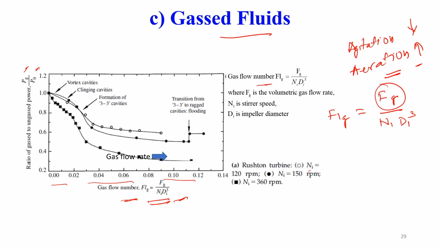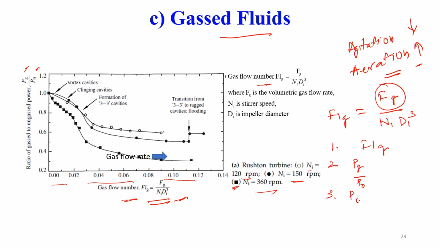For example, this open circle corresponds to NI of 120 RPM, the closed circle corresponds to NI of 150 RPM, and this closed square corresponds to NI of 360 RPM. So what we have to do here, we first have to calculate FLG. The second step is to calculate the Pg upon P naught ratio, and if you know the ratio, the third step is you